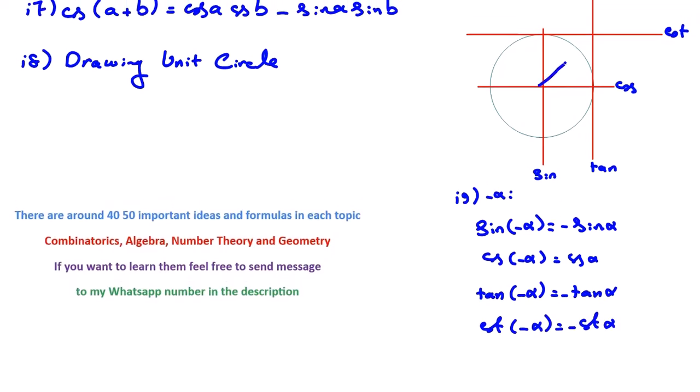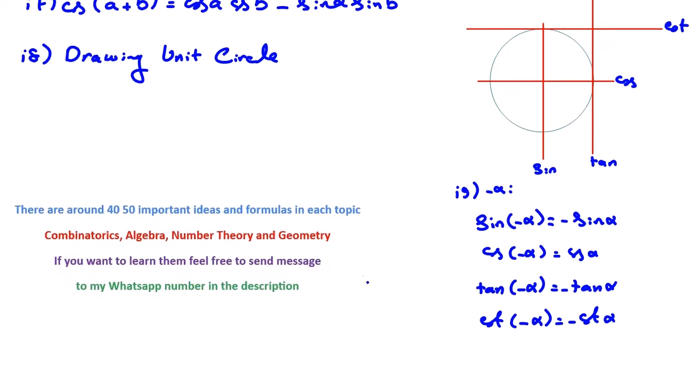Now let's consider when we have alpha and 180 minus alpha, okay? Or pi minus alpha. Then as you can see, their sines are equal, their cosines are negative of each other. And if you pay attention to tan, tan is negative of each other, cotangent, again negative of each other. So if you write these things that I've told you, idea 10,